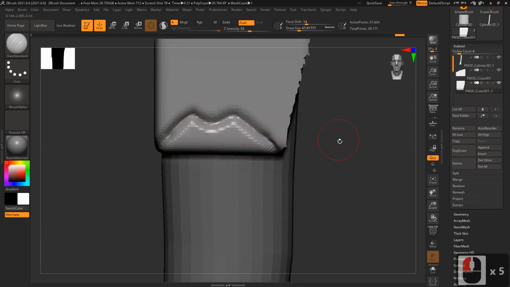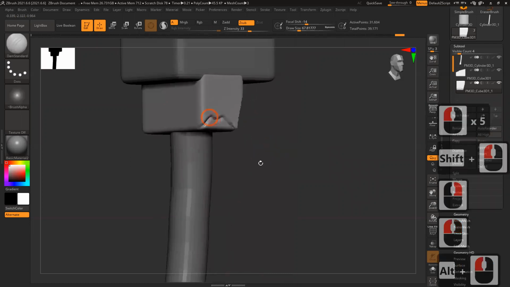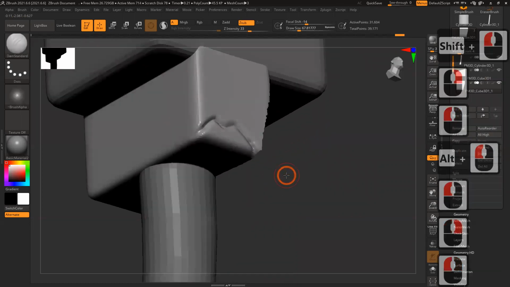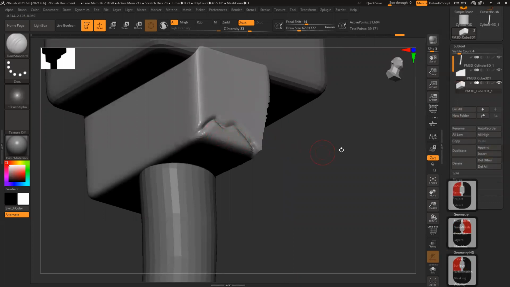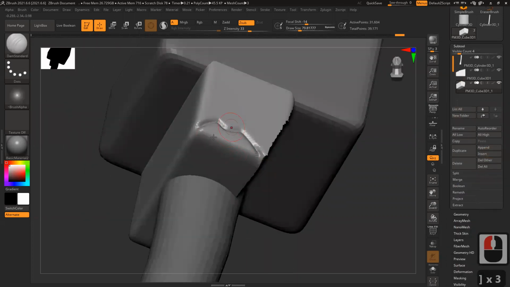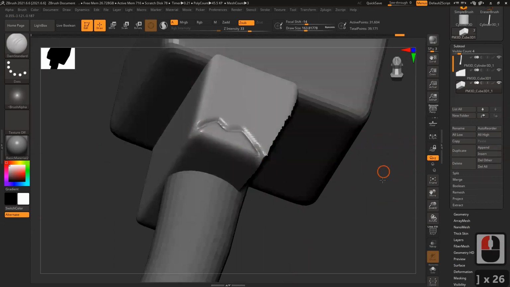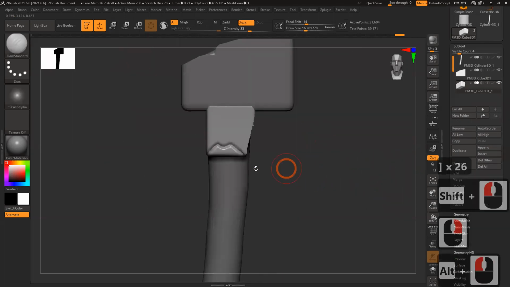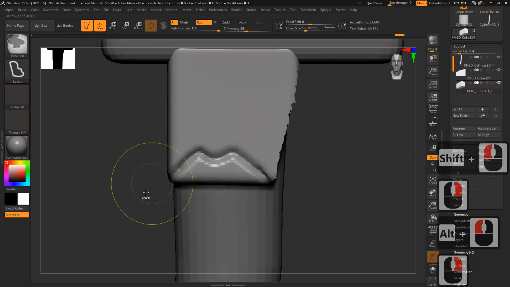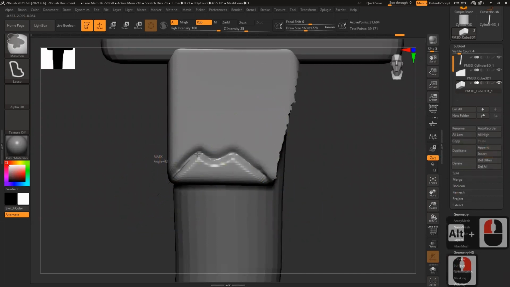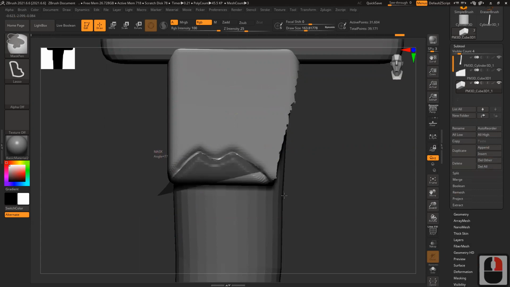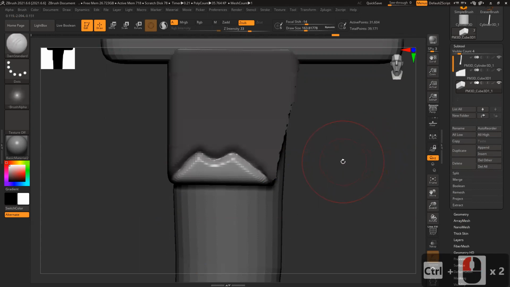And now I want to remove this part. I don't want this section. I want to remove this section from my model. So what I'll do, I'll move the angle. Now I know the shape correctly. I masked it. Hold Control, tap outside on the left, and it will invert the masking.